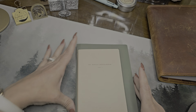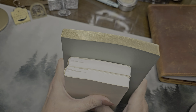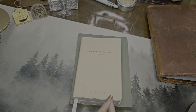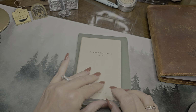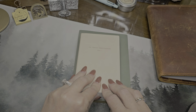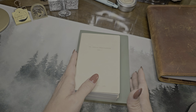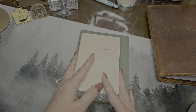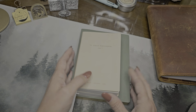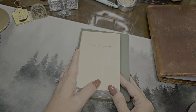And I received my shipping notification today from Catherine's team on Sterling Ink, so I will be getting those soon, and I will make another video on that, and then I will make a video kind of introducing myself a little bit more and what I have going on, because as many videos as there are out there that I love and adore, there are not a lot of people in my kind of boat that are talking about messy